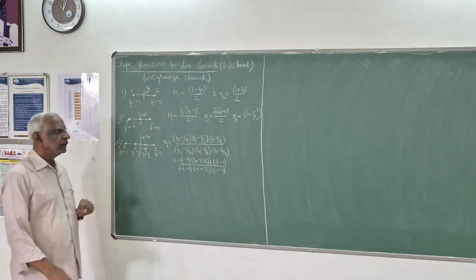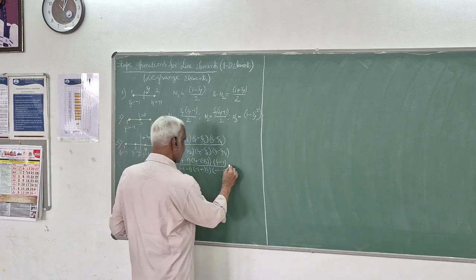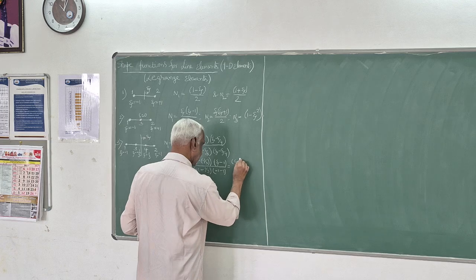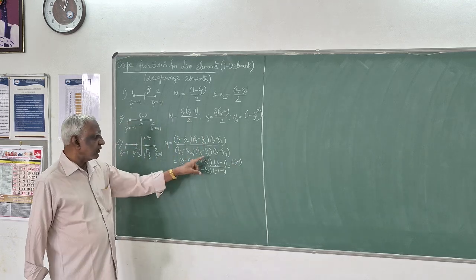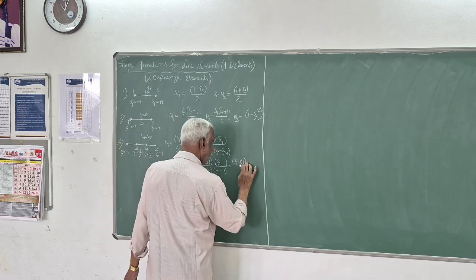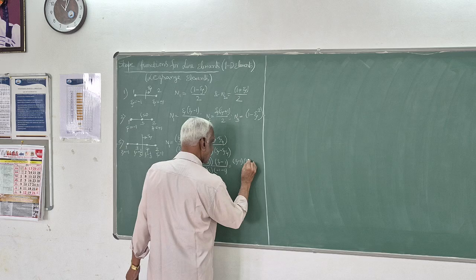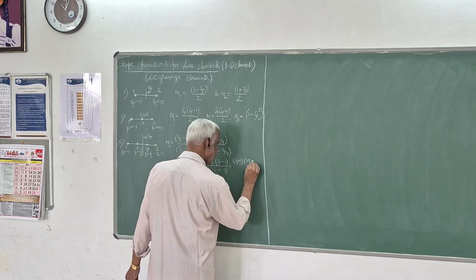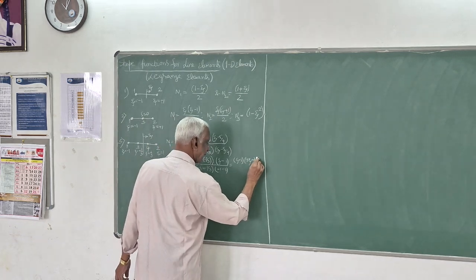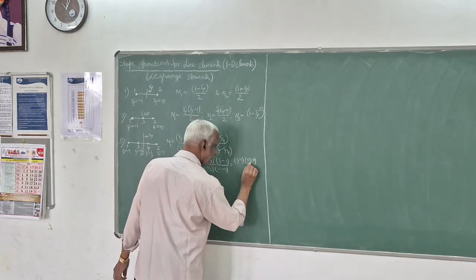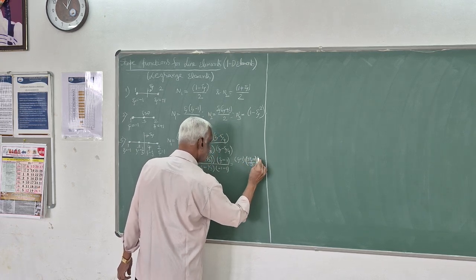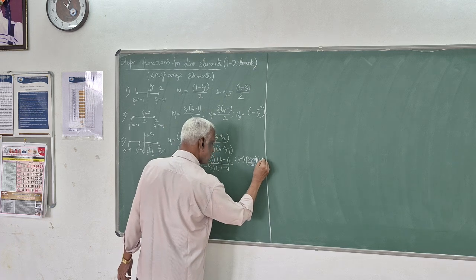So if you simplify this, you will get psi minus 1 into psi plus 1 by 3, or 3 psi plus 1 by 3, into psi minus 1 by 3, into psi minus 1,